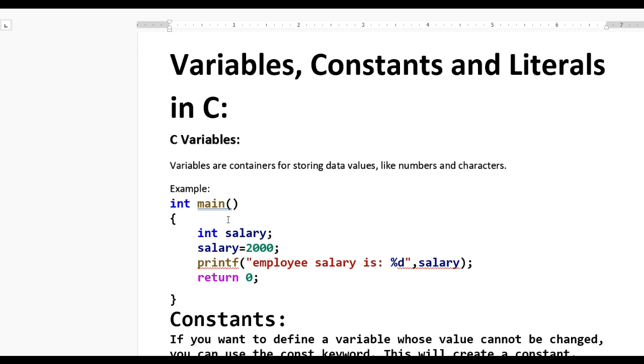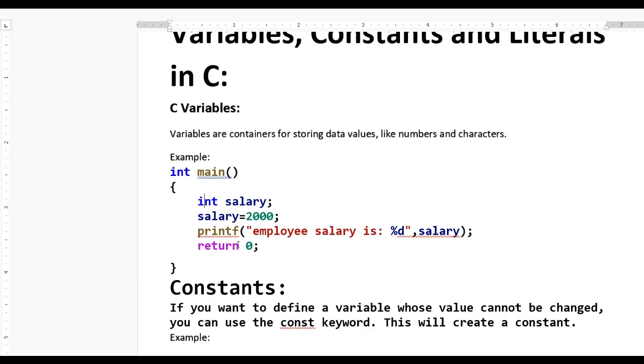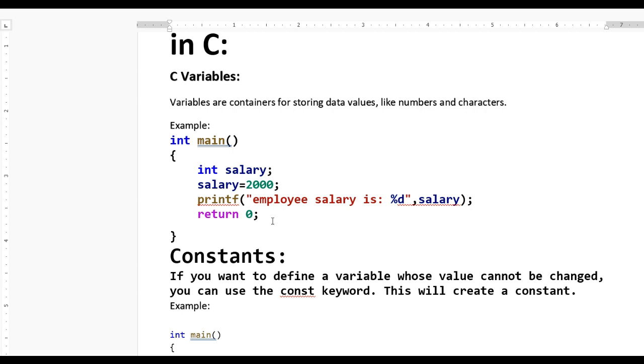Here, int main, int salary. We have defined a variable salary, and which type of variable? Integer. And then we assign a value to the variable, salary equal to 2000. Now I want to print this value of variable salary. So how can we print? printf("salary is %d", salary); return 0;